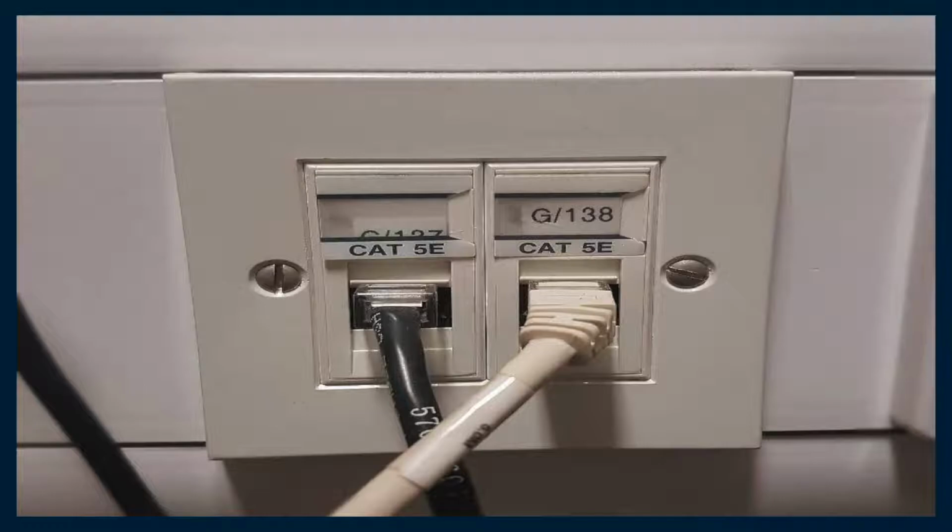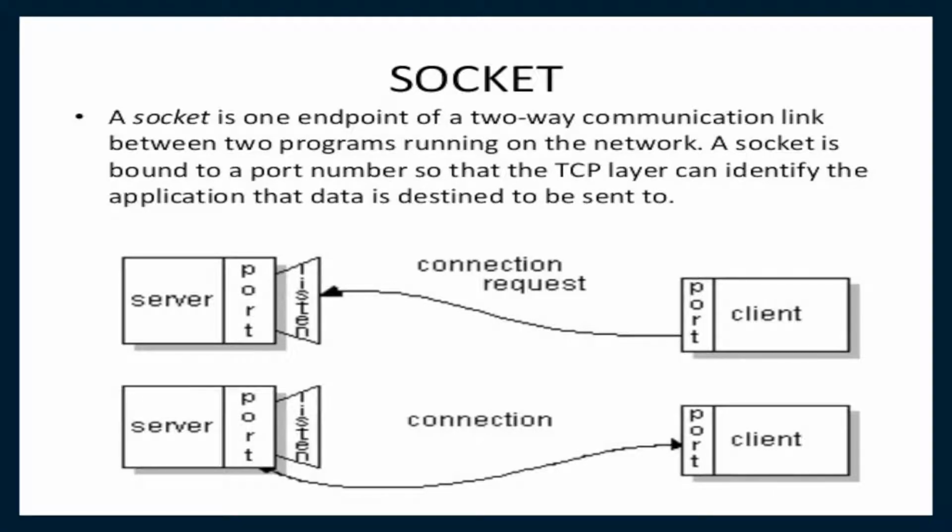A network socket is an endpoint of a two-way communication link between two programs or processes, that is client and server in our case, which are running on the network. This can be on the same computer as well as on different systems which are connected via the network. Both parties communicate with each other by writing to or reading from the network socket.